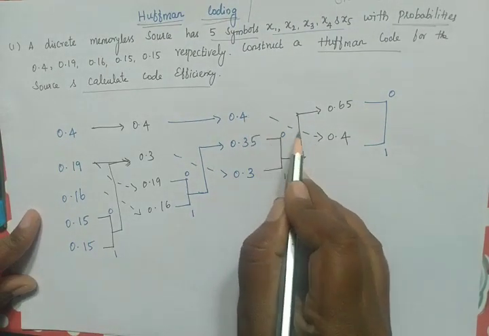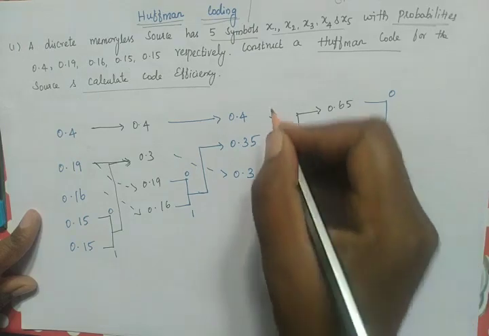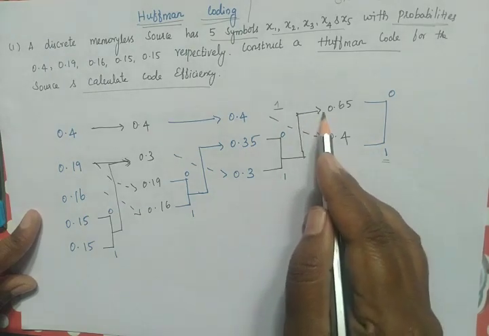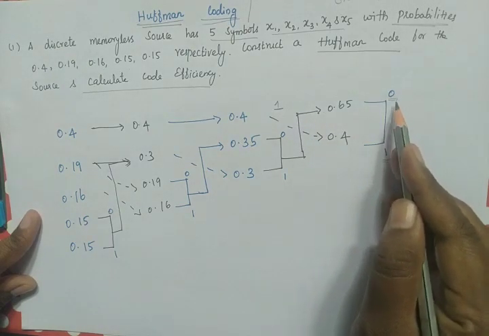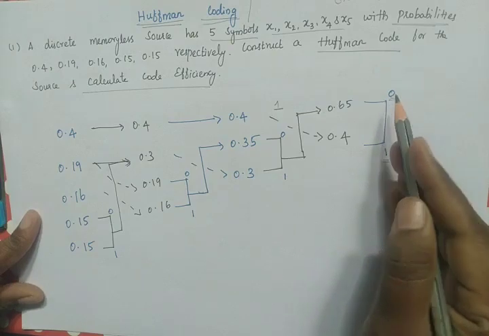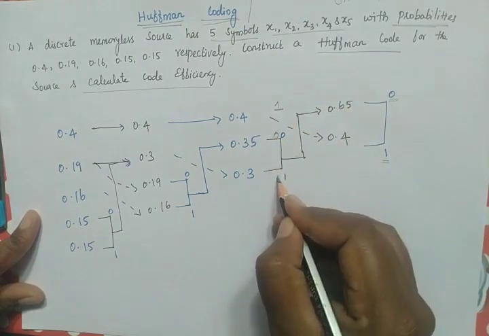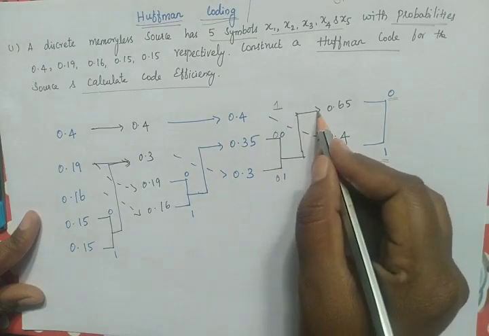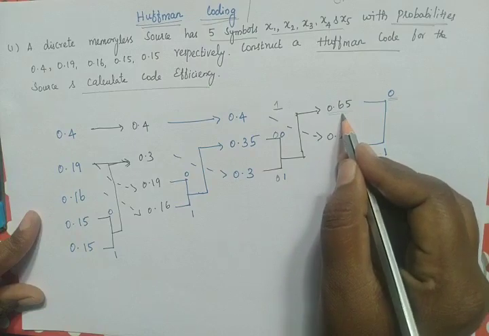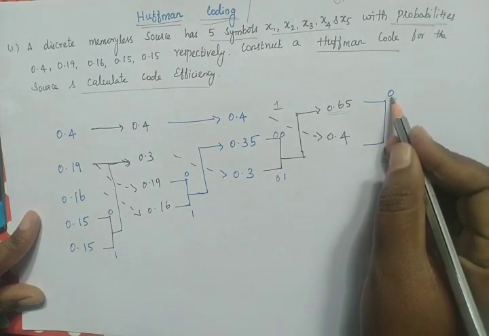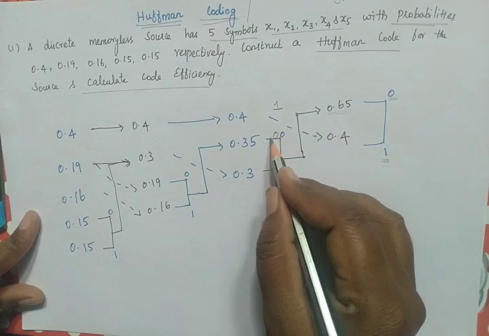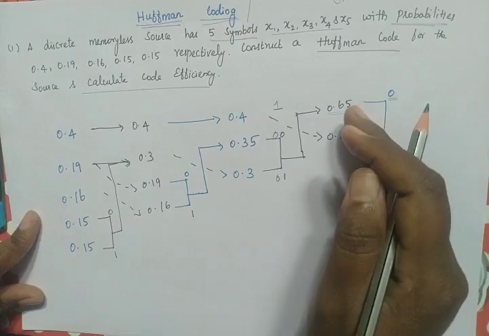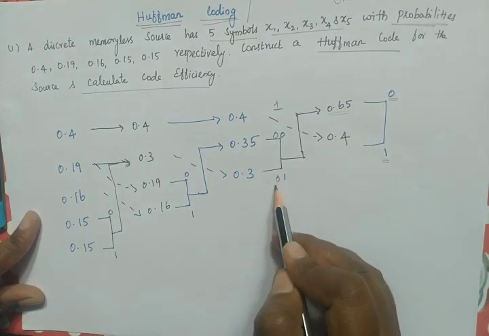So this 0.4 arrow mark is here. What is the code word for this? That is 1. So substitute that 1 here. Now here we have an arrow mark, and 0 is present here. What we have to do is place the 0 before this 0 and 1. Listen, we have added these two probabilities and we have an arrow mark here, that is at 0.65, and the code word for this is 0. So we have to write the 0 before this number. That is why we have written this 0 and 1 in the rightmost corner, because we have to place this code word before this number.